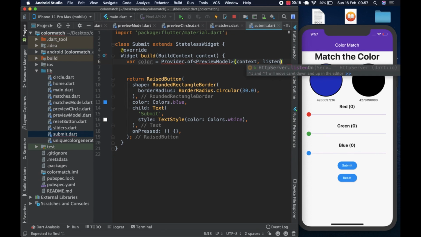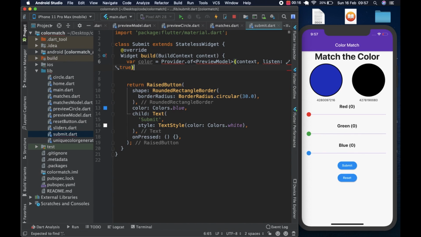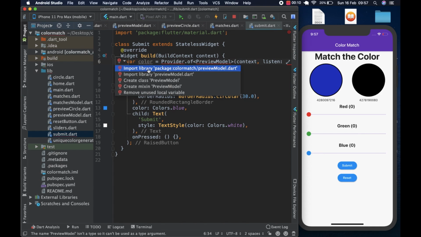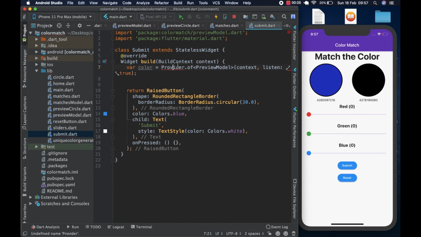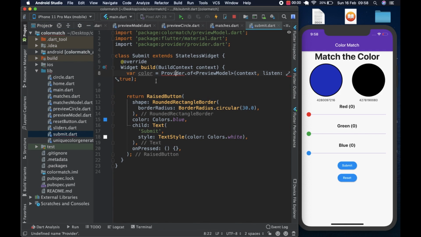We don't have to use the listen true, but it's good practice. It's in the documentation. So like this, and we import the preview model, and we import the provider package like so, and then we come down to where's the color. Color here, we can just set it as,